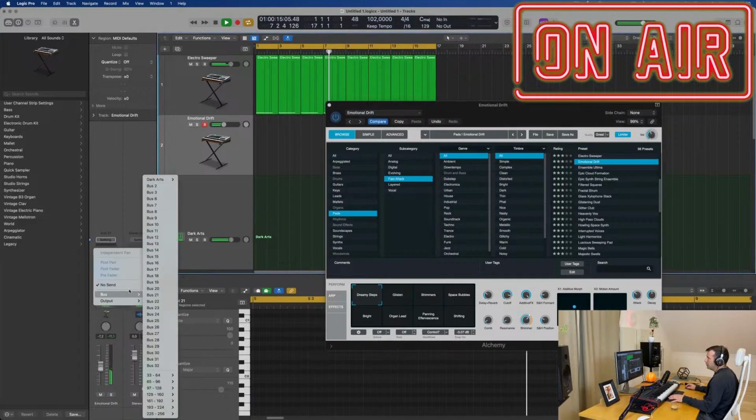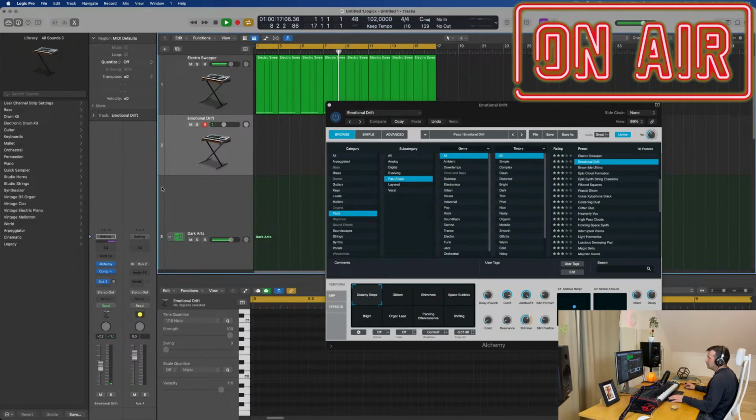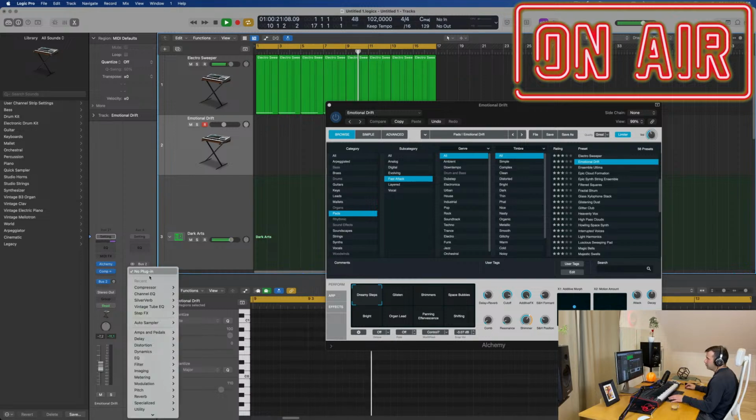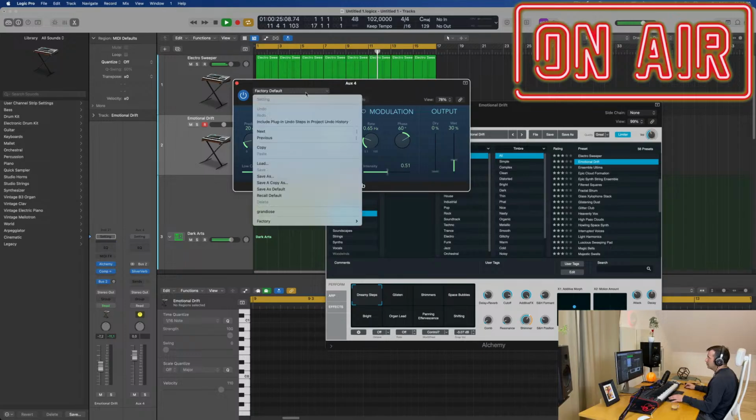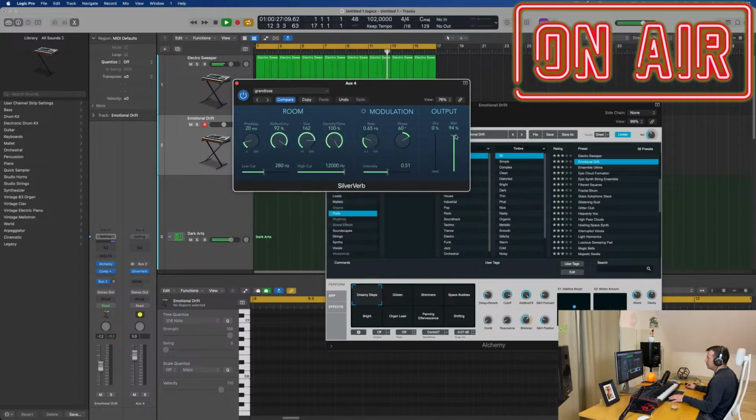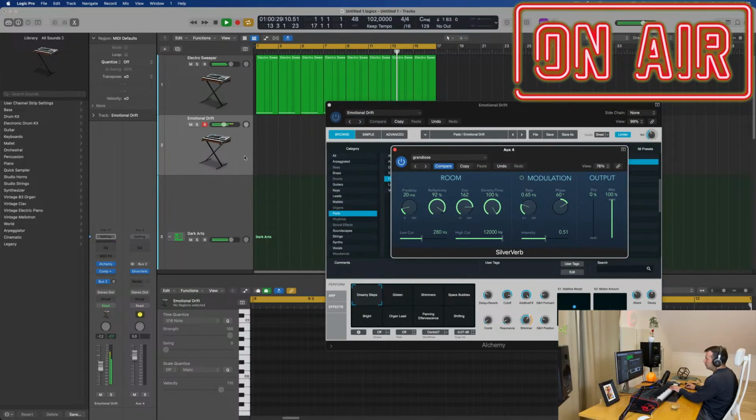What I feel like adding to this project already is a big reverb, Silver Reverb here with my grandiose preset, a really big room, really trippy.